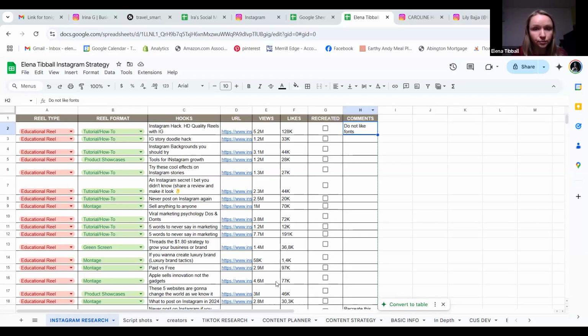Okay, so algorithm. You want to train your algorithm to show your content to the people you're posting it for. And there is a trick in how to do that. So when you are scrolling, okay, I'll show you my